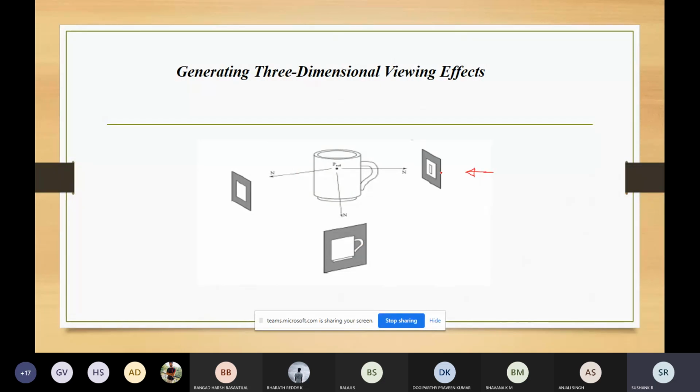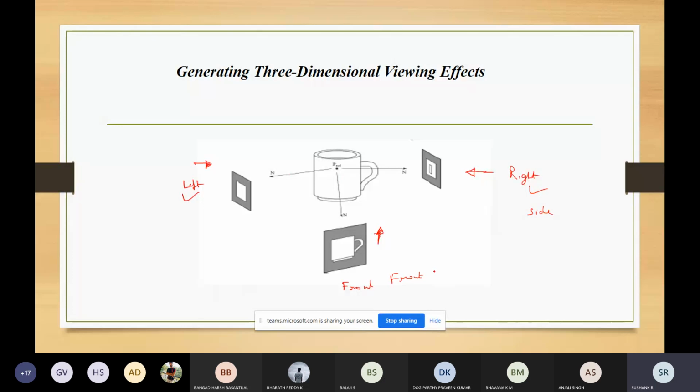What is the viewing image we are going to obtain? And when you're looking from the left-hand side, what is the image you are going to get? And also when you're looking from the front side. This is from the right side, this is from the left side, and this is from the front view. What you're doing is trying to capture the different views of an object. These two can be the side views, and this can be the front view.